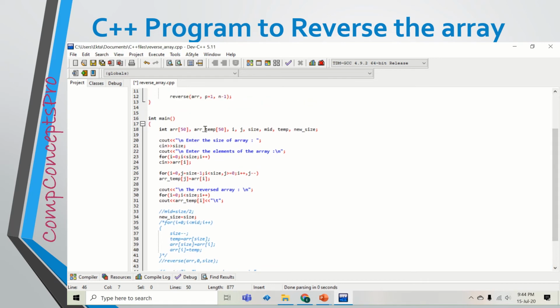So this is my temporary array to print the reversed array on the screen. So the reversal process is carried out by just this single statement, and